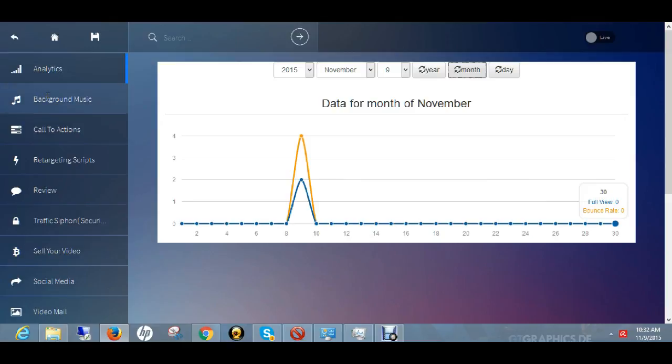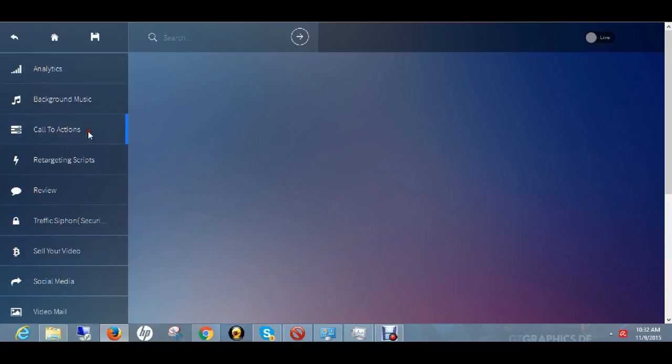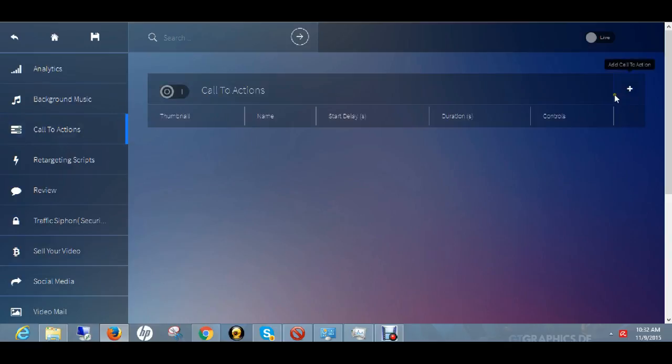So let's move to background music. You can add a background music to your video, and the background music is independent of the video itself. So you can turn on background music, set the volume up and down. Then you have call to actions, very powerful call to actions, and we designed something we call the timeline